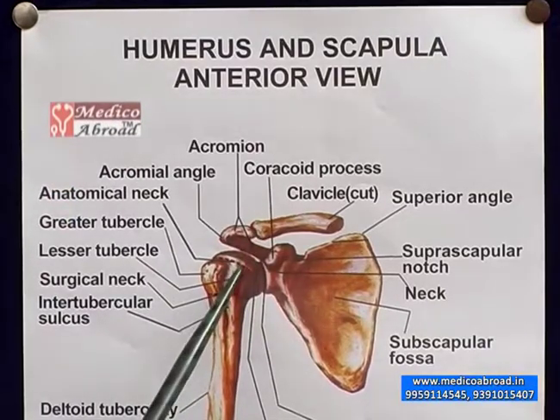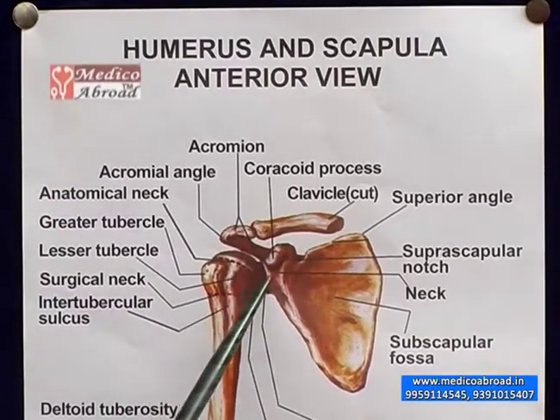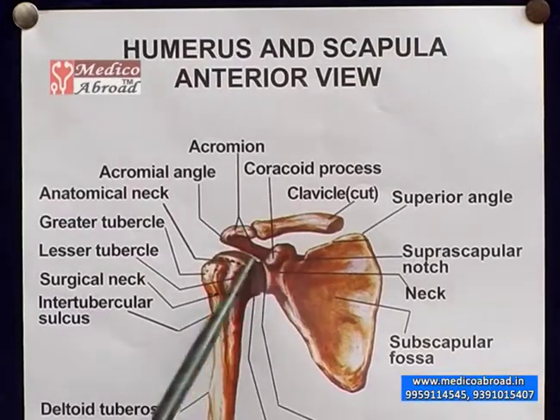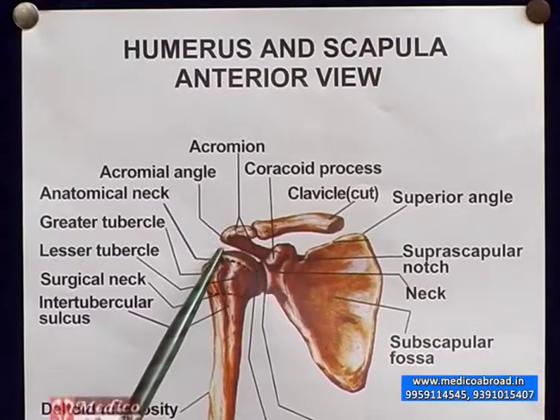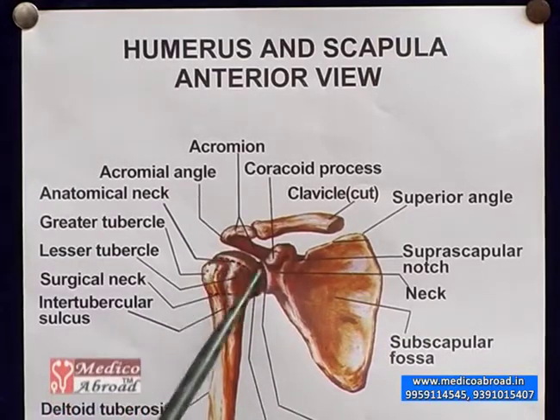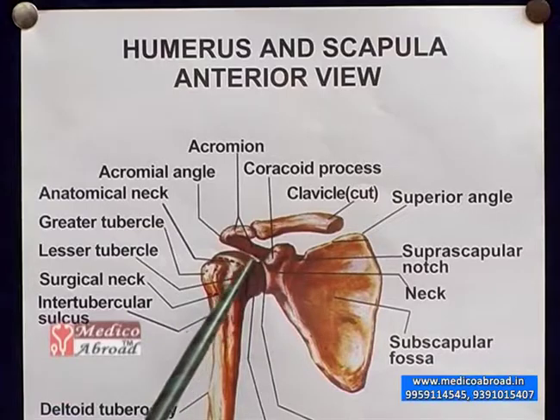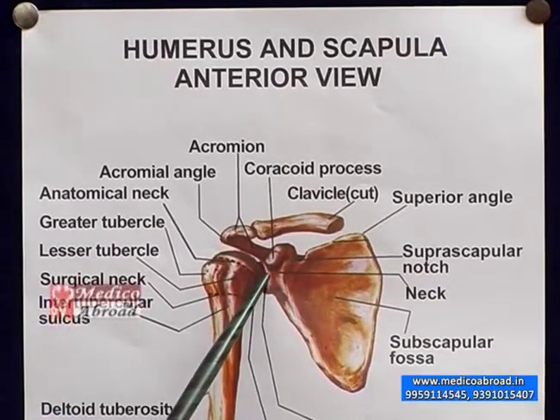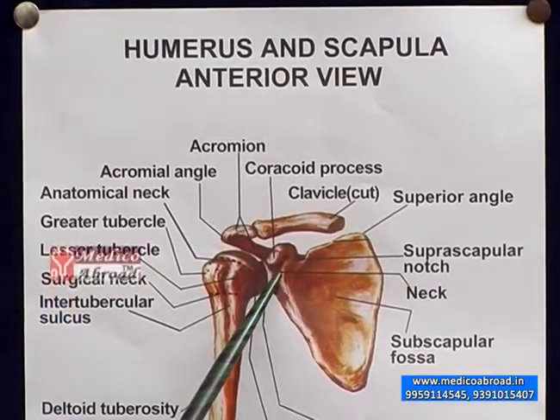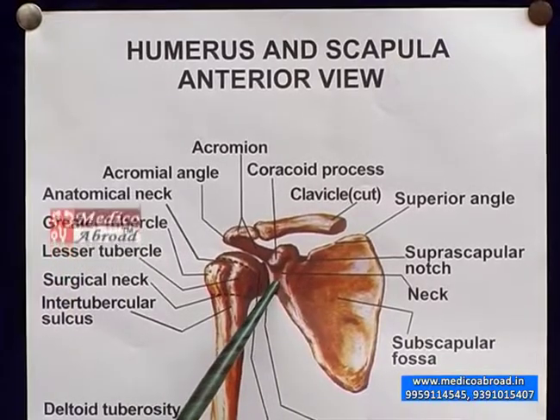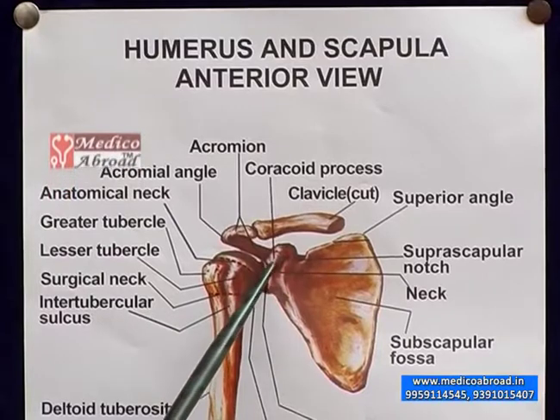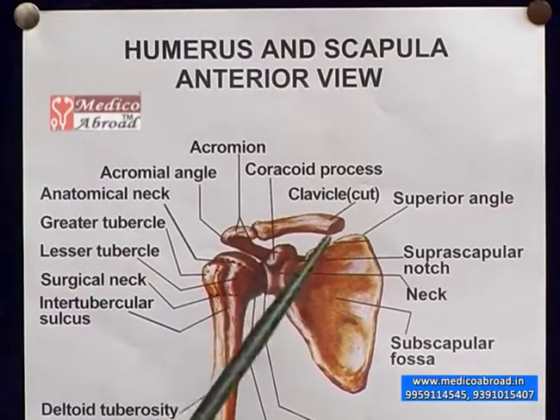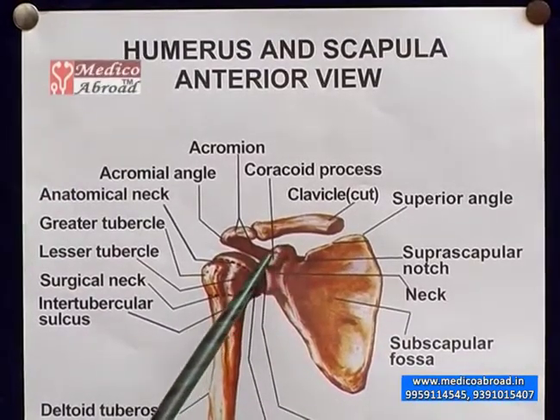Now the shoulder joint is a ball and socket joint. Now this socket is formed by this angle, and the head of the humerus is accordingly convex shaped. This is the head of the humerus, and this is the ball and socket joint. Now just behind the glenoid cavity is the neck of the scapula. Above that is the coracoid process, and if you remember, the pectoralis minor muscle is inserted at the coracoid process